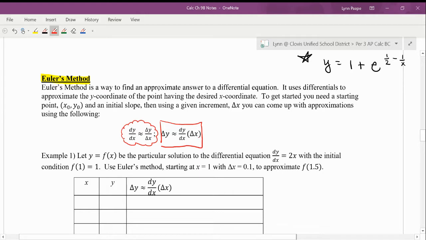And so Euler's method is a way for us to find an approximate answer to a differential equation. So that's what we're going to be using. We're using differentials to approximate a y-coordinate of a point at a desired x-coordinate. We always need some sort of initial point that we'll be working with and an initial slope. And then we will be given our increments of delta x. So whether we say over 4 iterations equally spaced or delta x is 0.5, that is what we are